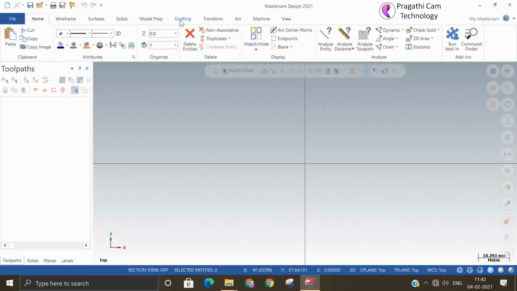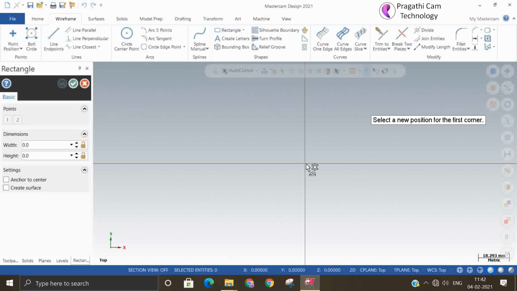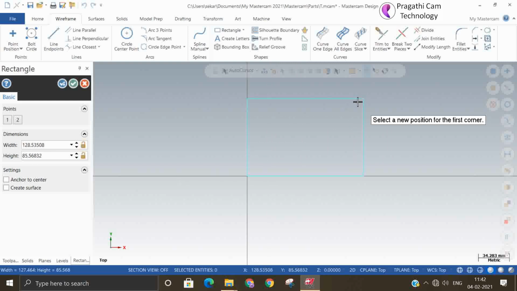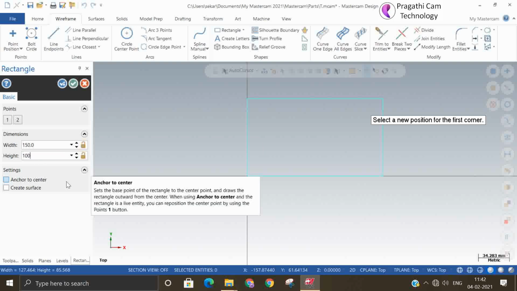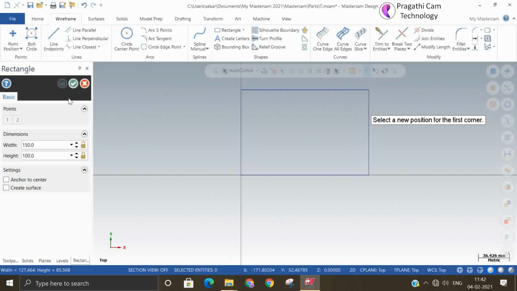Okay, on a small example, I will make it and explain it to you, so you understand what the change recognition is. Now I make one small rectangle, 150 by 100.